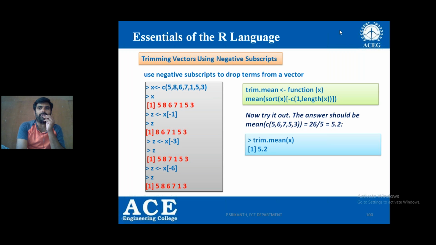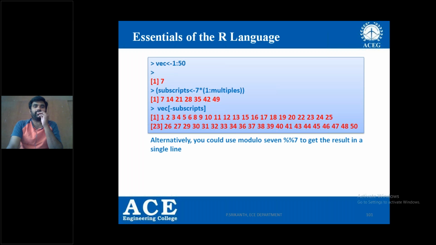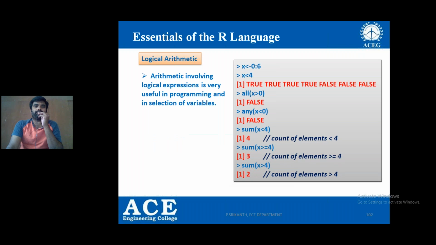Why? Because the trim dot mean is given a code here. The function is defined with code mean of sort of x of minus concatenation of 1 comma length of x. So like that you can write the functions even for doing operations on the vector, right? Fine.